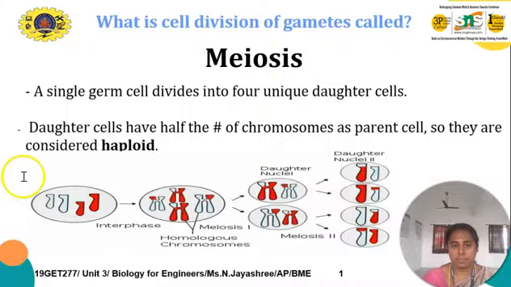So let us see this. This is the interphase, where cell division occurs. This single cell forms 4 cells. From the 4 cells, the crossover, in red color, is mingled with the blue color, and this forms meiosis part 1. This also takes place in 4 phases: prophase, metaphase, anaphase, telophase, and again the daughter nucleus is formed into the 4 daughter nuclei. That is the importance of meiosis cell division.